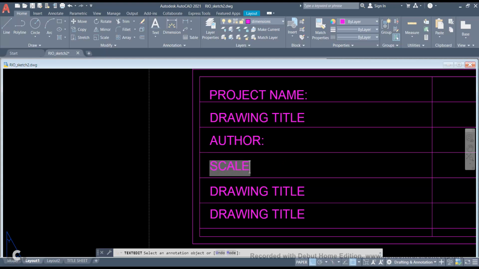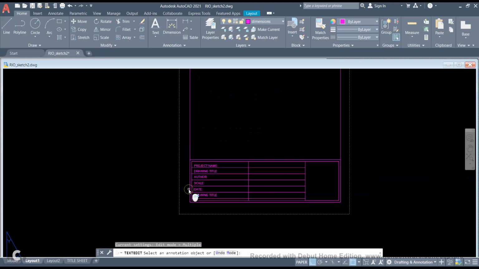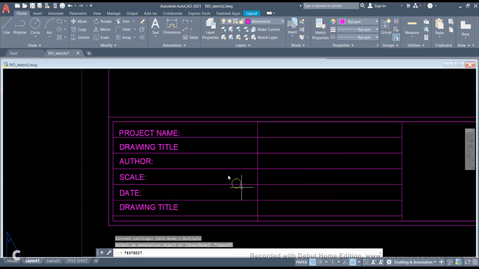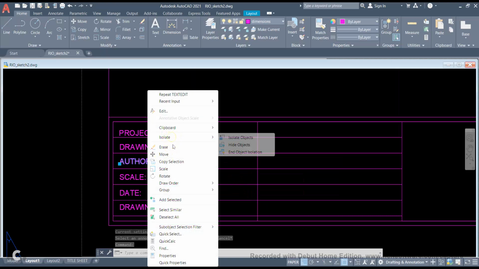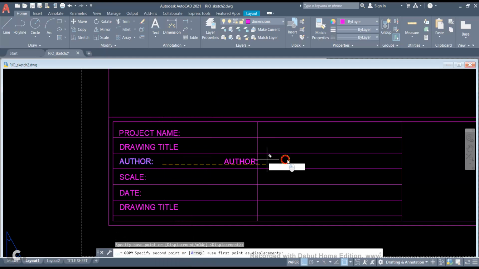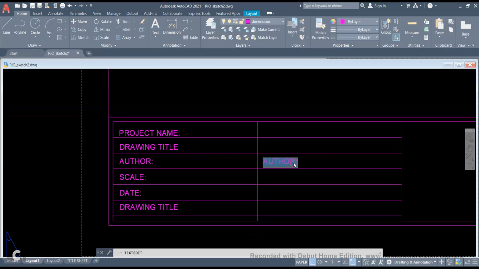Let's add scale, 2 points, escape. Now this one is going to be the revision, no, as I said, it is going to be, of course, the date. We need the date, the drawing title, and in this section I'm going to draw the drawing. This can be large, author also, perhaps we need more space, so I'm going to copy this, and here I'm going to set up the drawing,